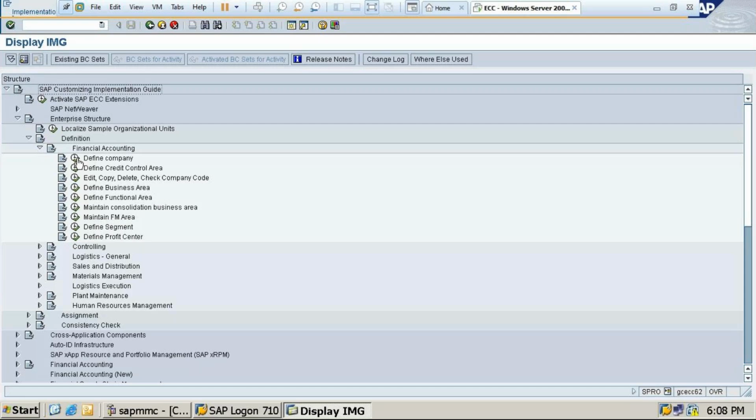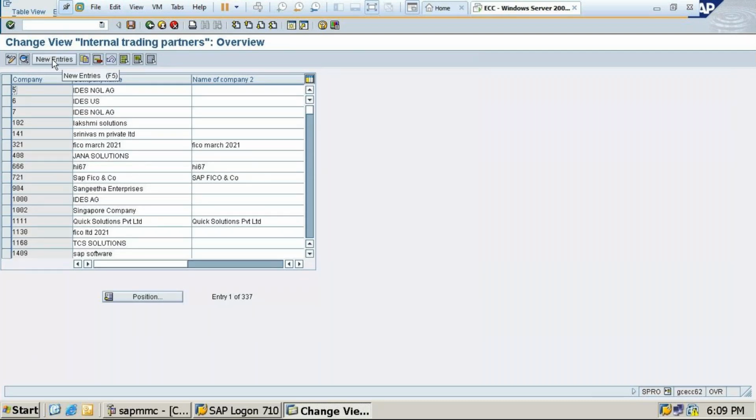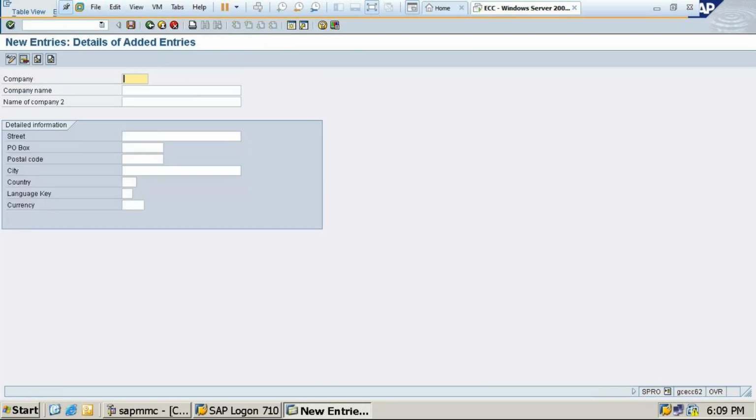Clear? So we're going to create one more company. Click on this IMG activity, click on New Entries. Let's create one more company. Already I've created one, so I'll create with some different name.